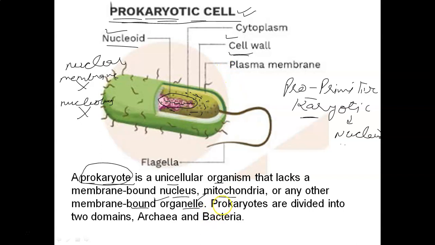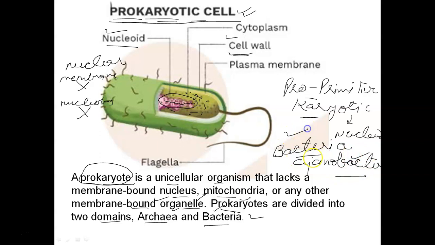Okay, this prokaryotic cell, the whole prokaryotic kingdom, prokaryota, can again be divided into two domains. So now a different type of classification has been given, the recent classification, that in prokaryotes also there are two types of organisms, archaea, that is archaebacteria, and eubacteria. Prokaryotic cell examples: bacteria and cyanobacteria. I am writing cyanobacteria separately because cyanobacteria has a different structure than bacteria.